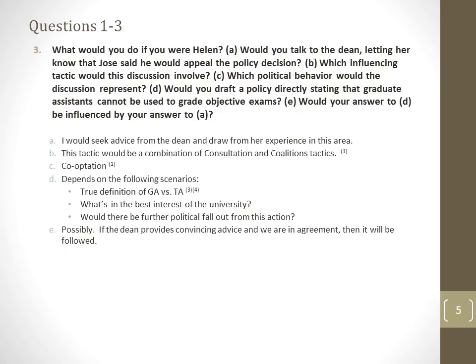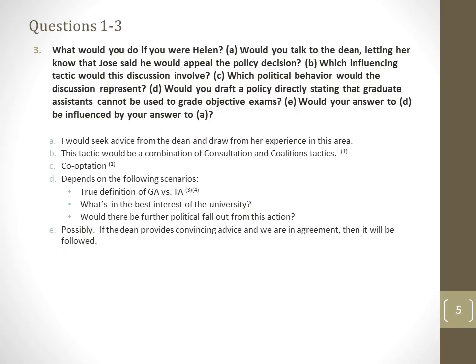Or it's better to just set the differences aside and see what's really the best approach to move forward without getting into these entanglements. And by that I mean that whether the policies should really be instituted or allow freedom for the professors to do as they will, or if that's really not the best case, then this would be a battle worth fighting. And last but not least, would your answer to D be influenced by your answer to A? Well, it depends on what the recommendations or consultation with the dean